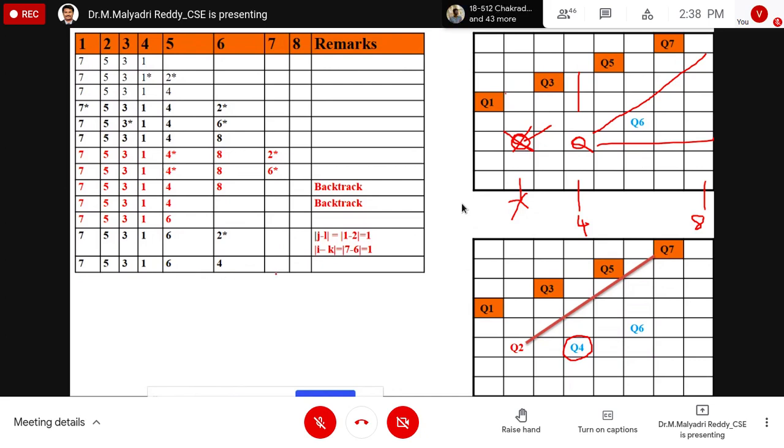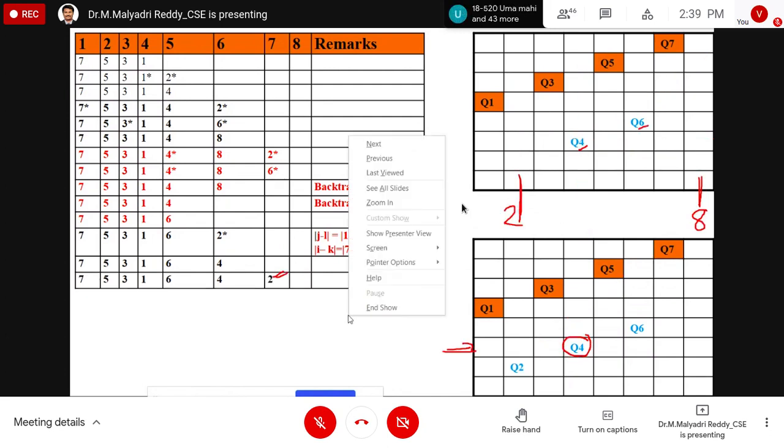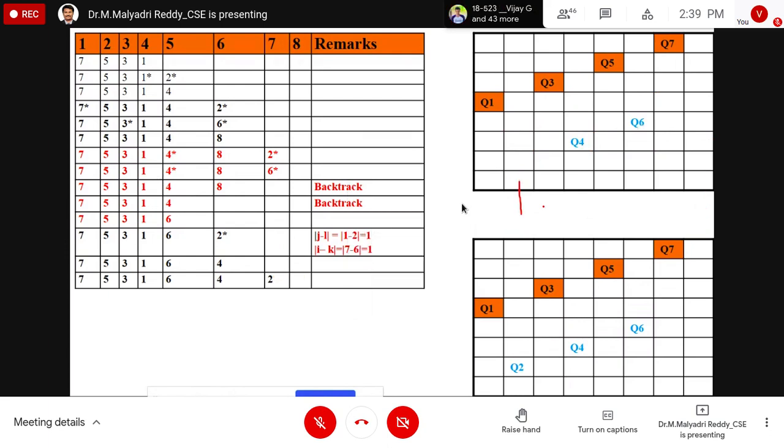Remaining 2 tuples are there, right? Yes, sir. That means 2 rows. So in the 2 rows I have to place 2 queens, Q2 and Q8. Suppose I place the Q2, is it feasible or not? It's feasible, sir. That is why Q2 goes here, right? Yes, sir. No problem.